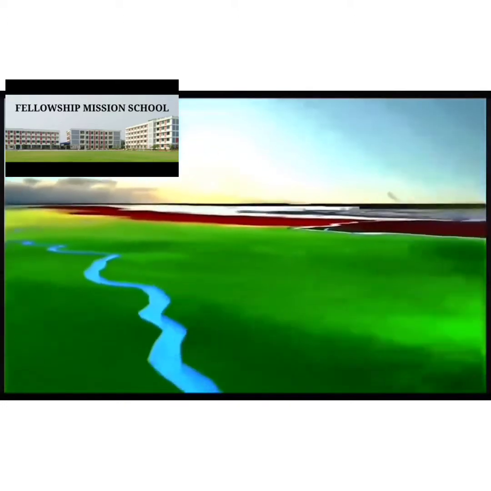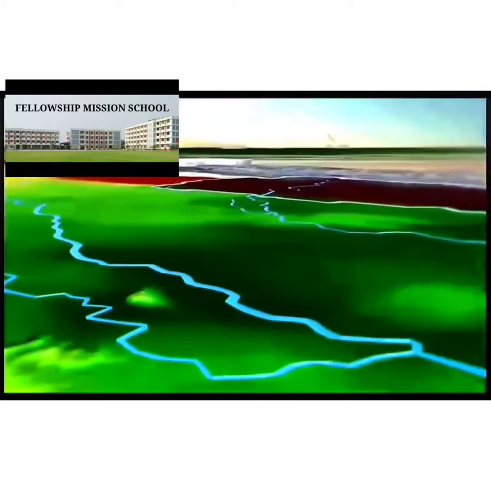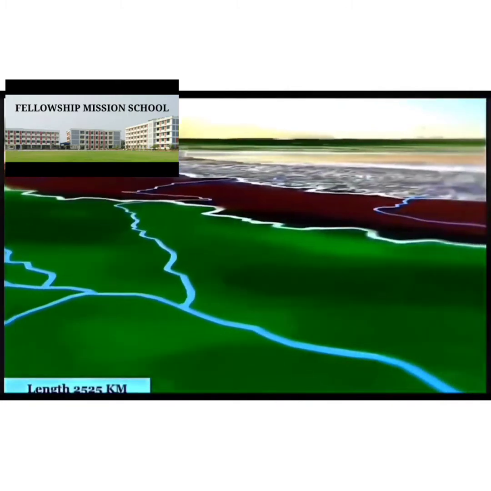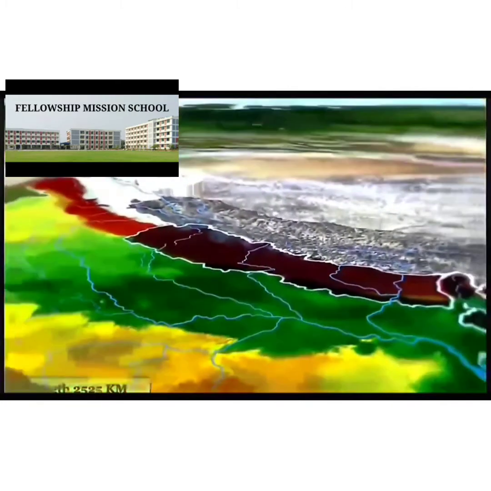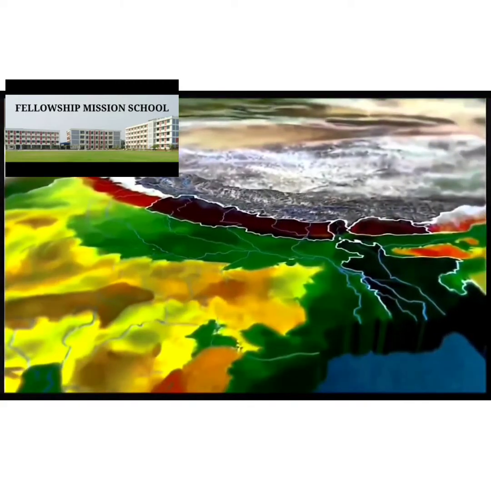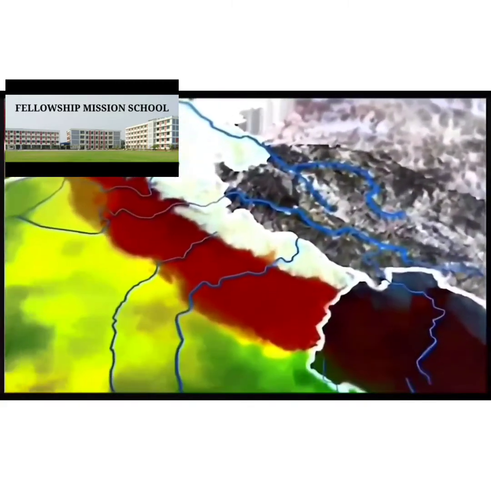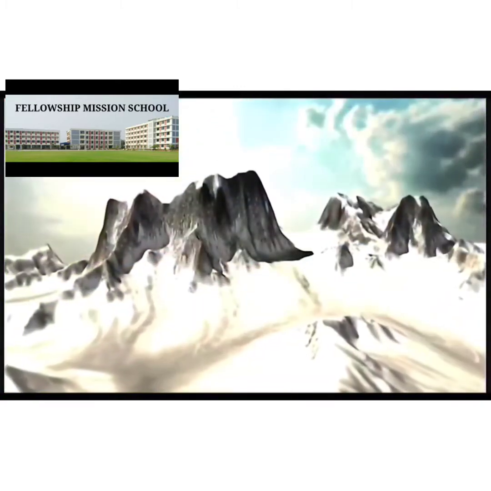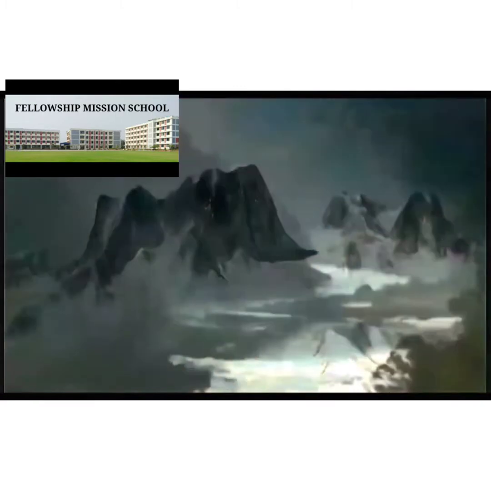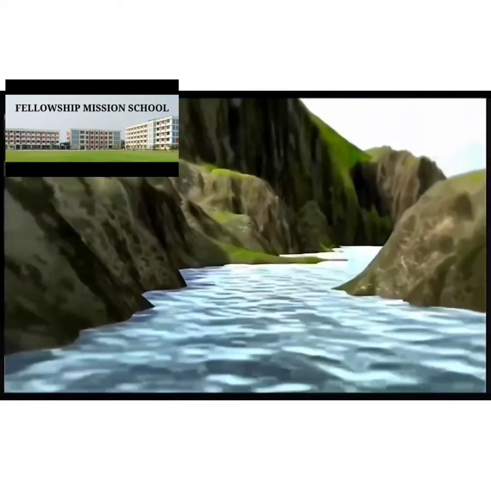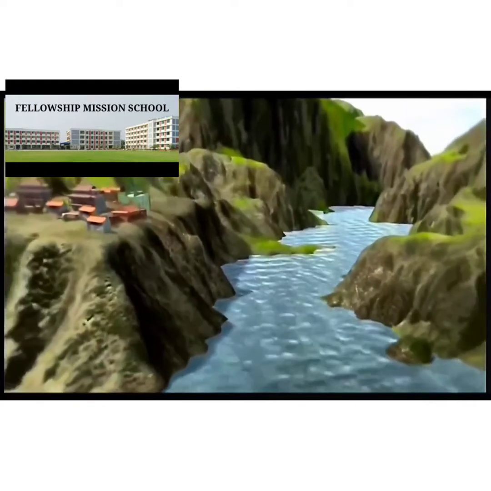The Ganga river system. The Ganga is the most important river of India. The length of the Ganga is 2,525 kilometers, out of which 2,415 kilometers is in India. It originates from the Gangotri glacier. Here it is known as the Bhagirathi. The river acquires its name after its head streams Alaknanda and Bhagirathi unite at Devprayag, as shown over here.